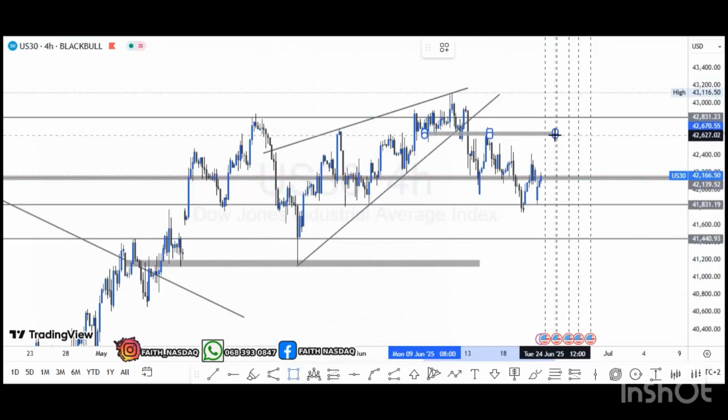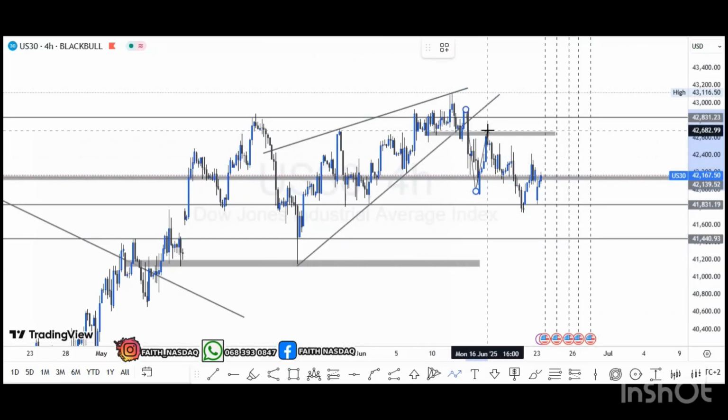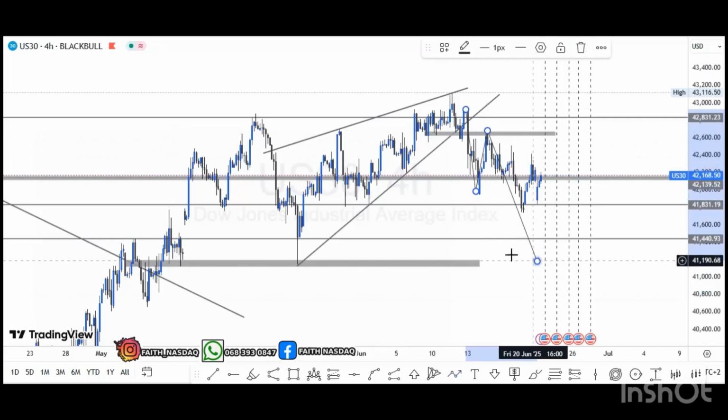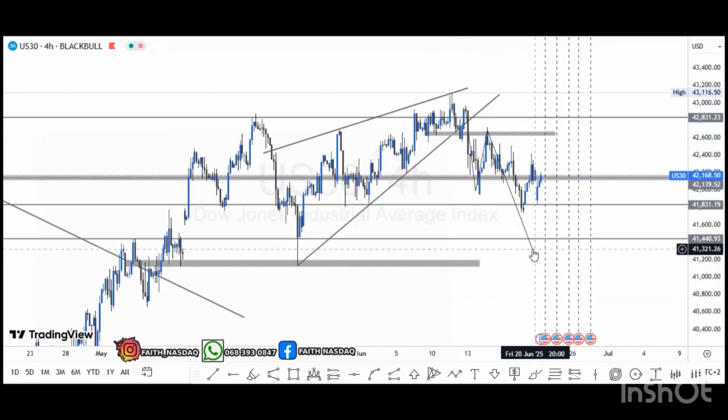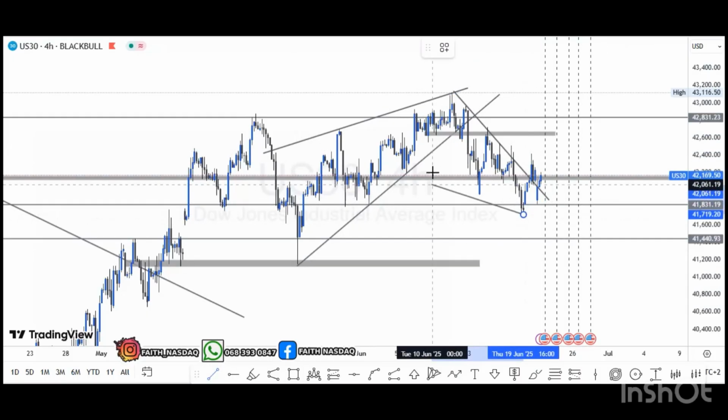So what is happening is that we need to identify this point also, because we understand that this is a breakout on this point here, and this is a retest here. You understand? So the 90% rule is here. But currently, if you look at where the market is right now, it's above the certain strong zone. For now, we can just identify this point, because remember, we trade what we see, not what we think the market can do. You understand? So what we see currently, the market is sitting on this point,